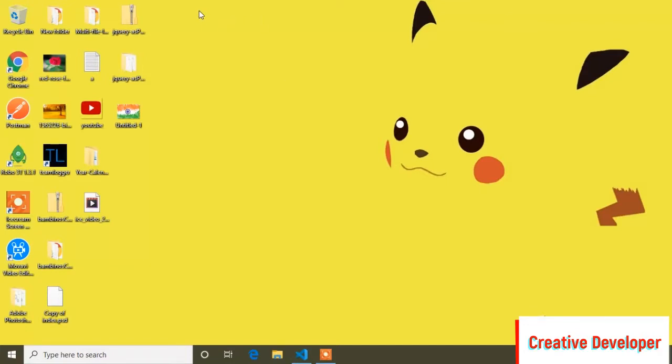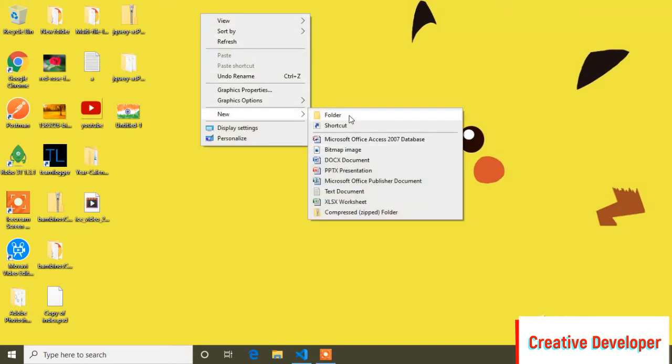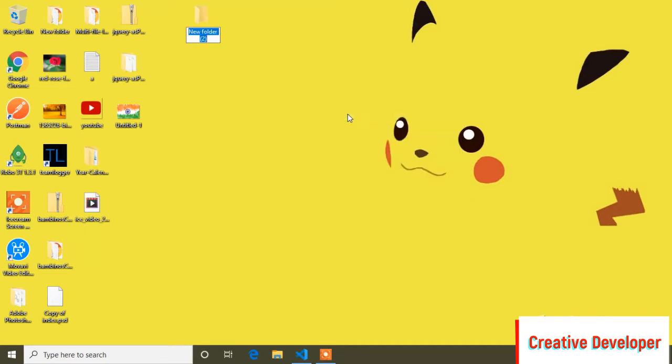First of all, I will create a folder. If you know HTML, when we start HTML, we create a folder and then create a file, and we give the name of this file index.js. Node.js is the same. So first of all I will create a folder, and the folder name is Node project. This is my folder, and now I will create a file inside this folder.